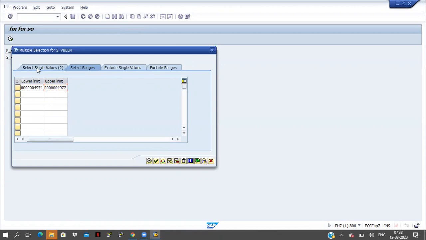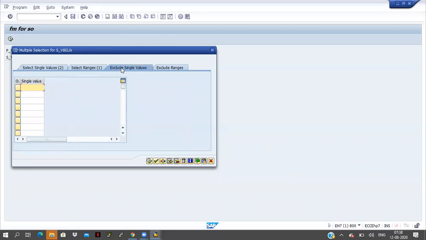In the first tab I am giving the single values, two single values, and in the select ranges I am taking 4974 to 4977. And here the exclude single value is there. Exclude single value means I am fetching data from 4974 to 4977, in between of these two numbers.